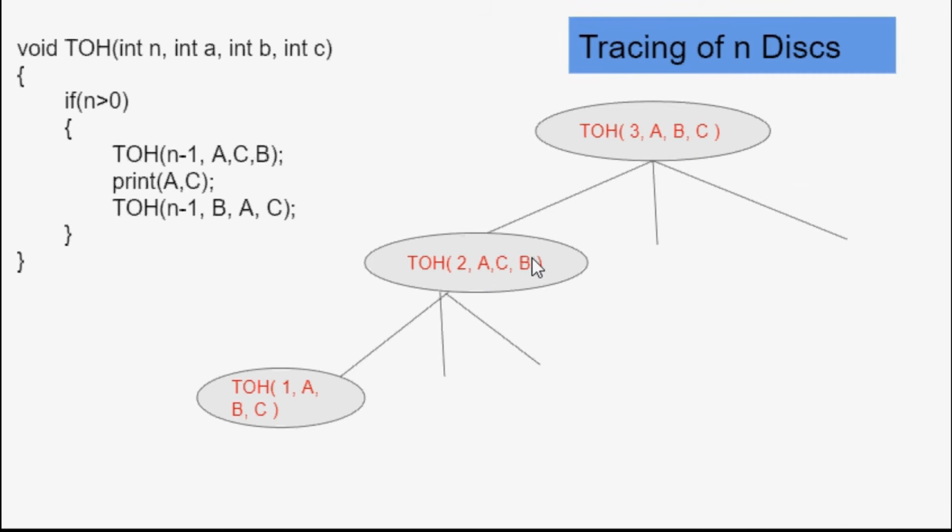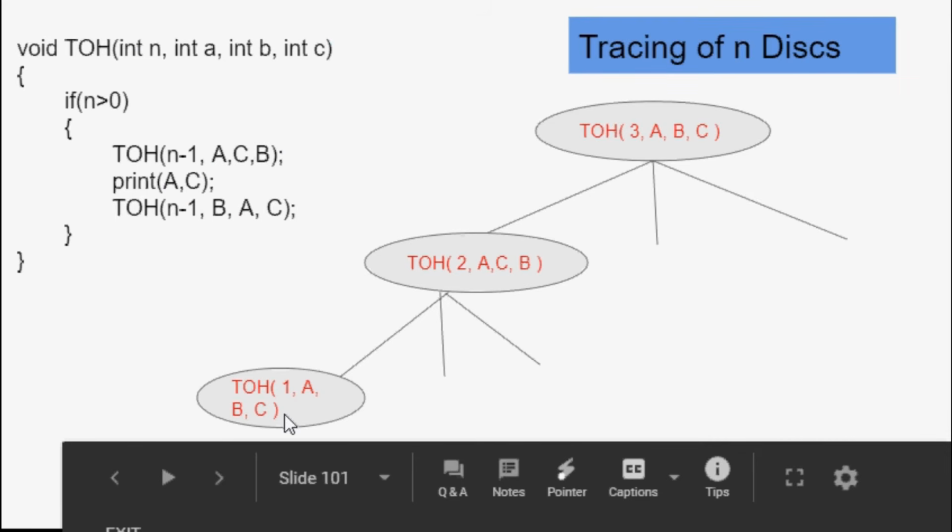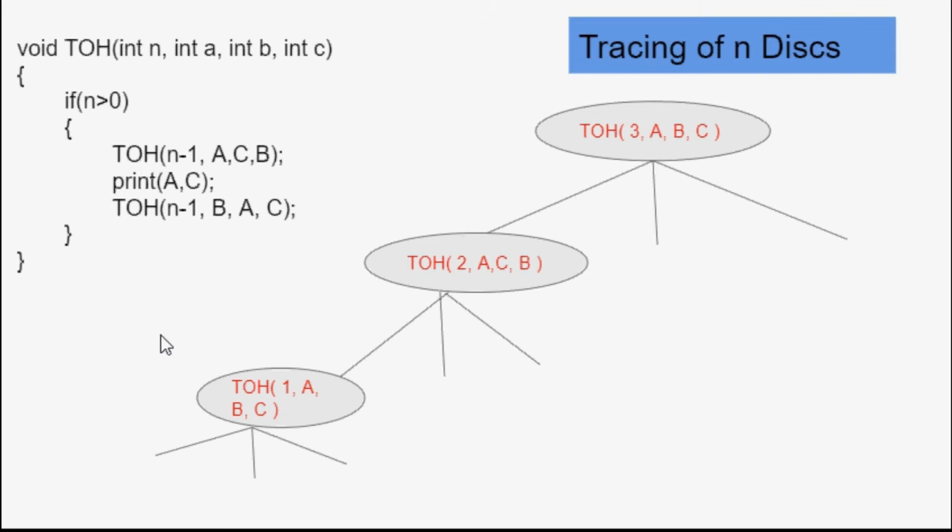Treat this as B, treat this as C. So in the next call, I'll be interchanging. B will come in place of C, C will come in place of B. So I have written the same thing, right? A, B, C. Now again I'll make a call. Here again 3 steps would be done, but since we are going to make a recursive call, we are not supposed to write down those. So TOH n-1. What is the value of n? That is 1. Now 1 minus 1.